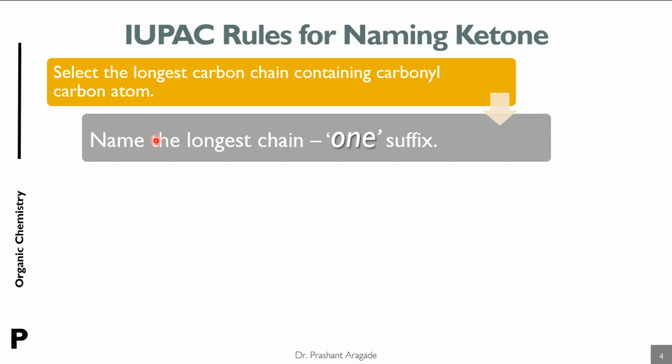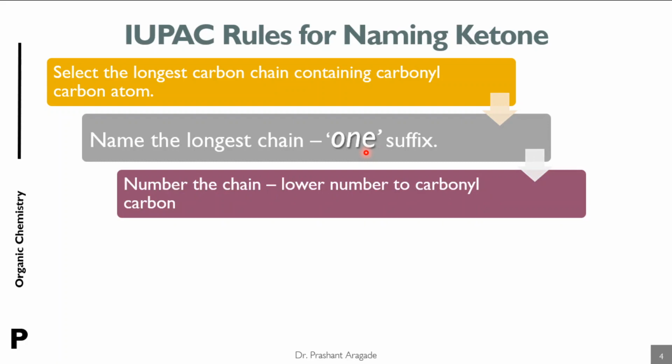The name is obtained by replacing the final E of alkane and adding the ending ONE, which is used as the suffix for ketone. Within the ketone name, the last three letters, that is ONE, are used as the suffix for naming the ketones as per IUPAC names. Remember, the suffix used for the ketone is ONE,